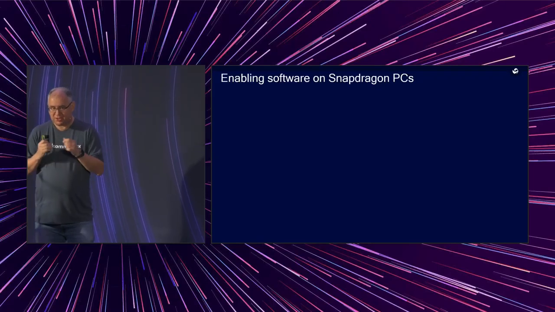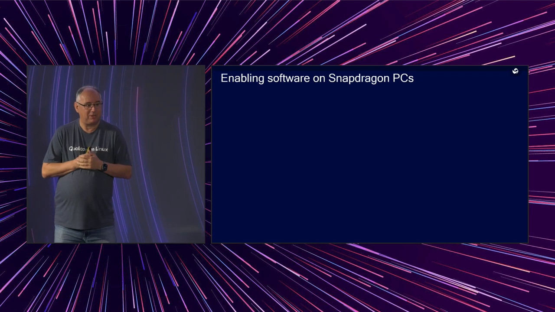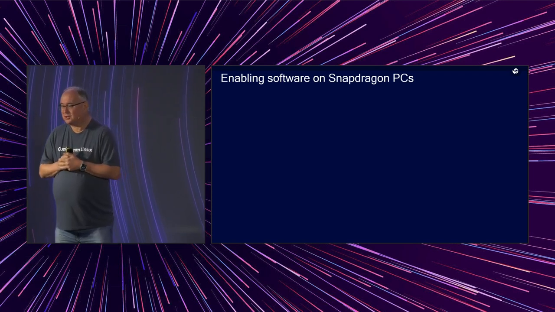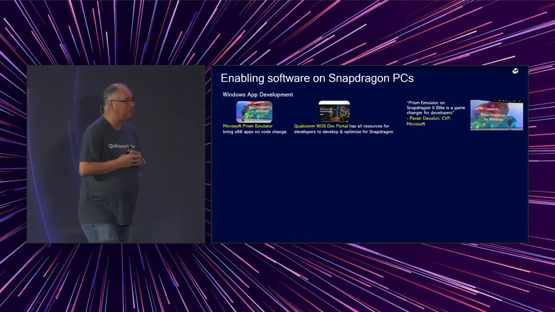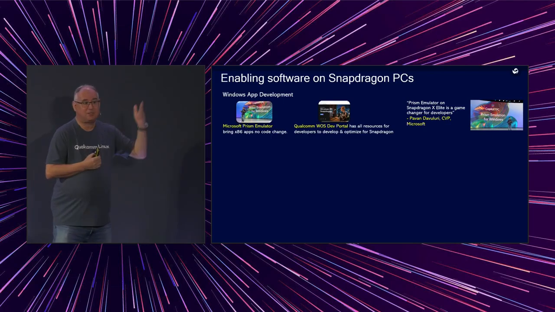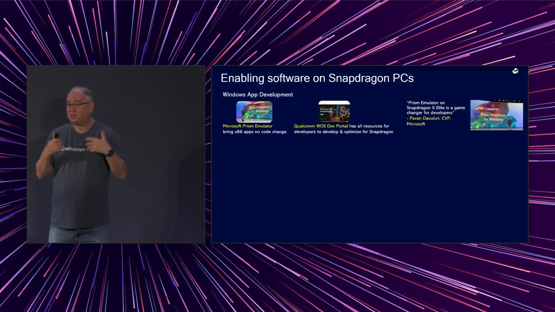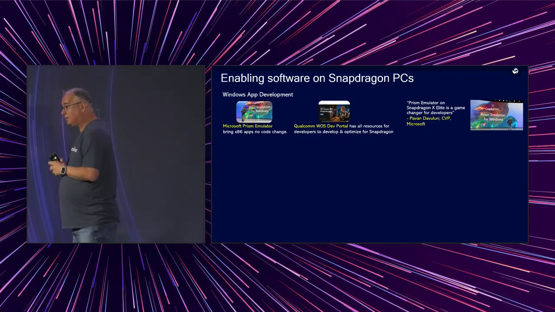So let me change gear a little bit. You've heard about Windows on ARM. Obviously, this is something we've been very actively working on. We've been working with the community around what I call the base layer of software. Now, because Windows has a legacy issue, there is about 40 years of x86 software there.